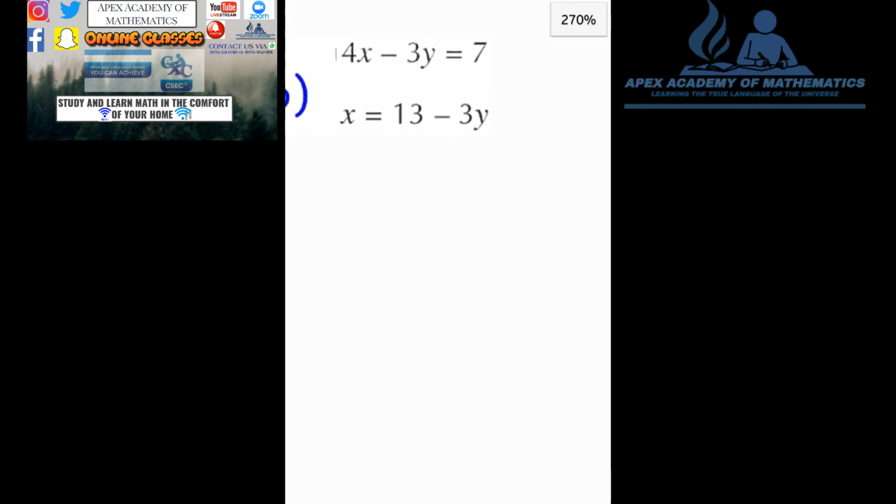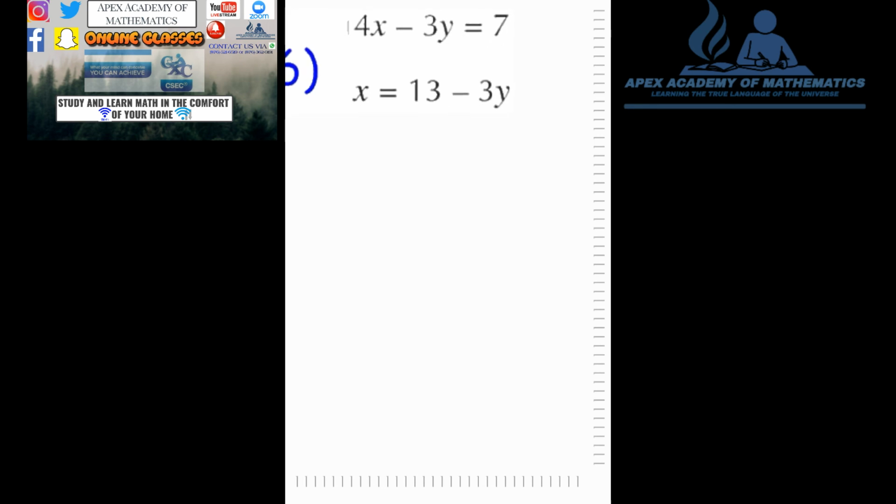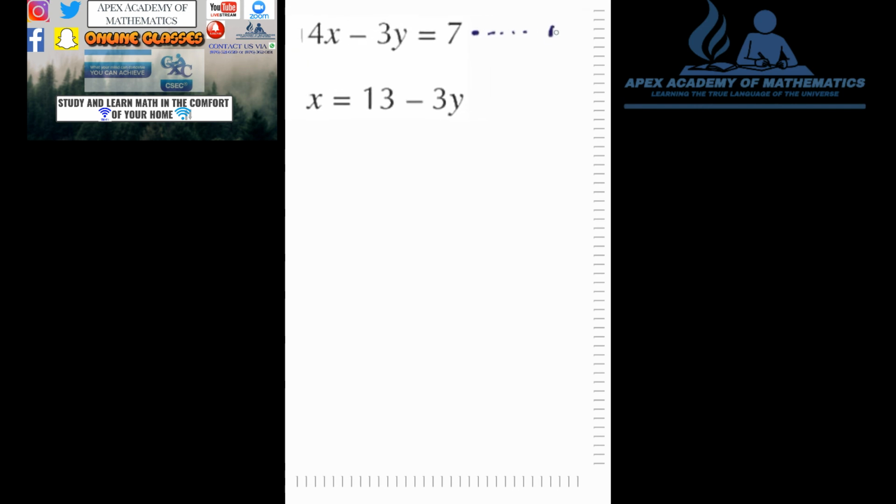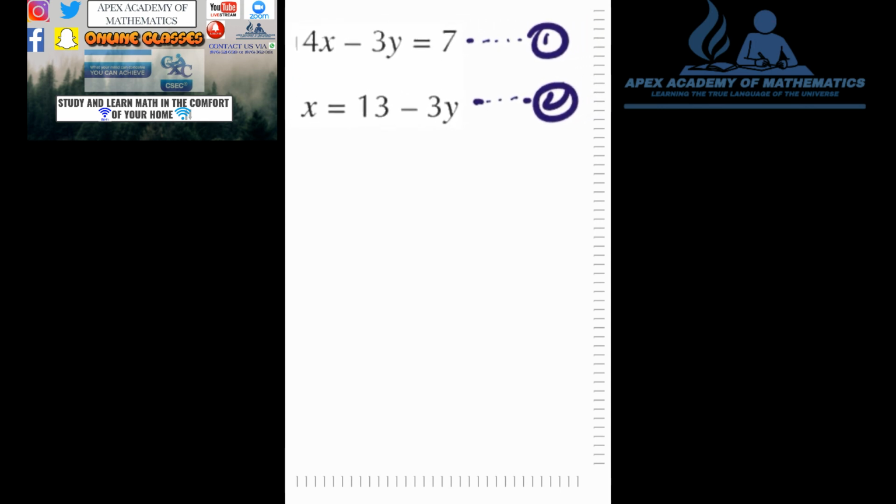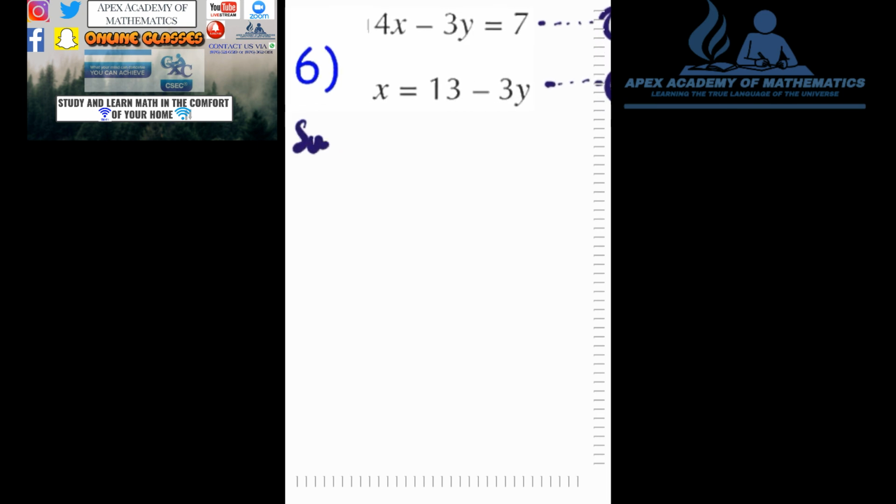All right, good. So we get to realize here that this is similar to the first example. So now we don't need to create a third equation, because what we do have here is that x is already the subject, it's already alone. So we can just do step 1, name our equation, and then of course we're going to skip step 2 and jump into step 3. So we're going to sub 13 minus 3y for x